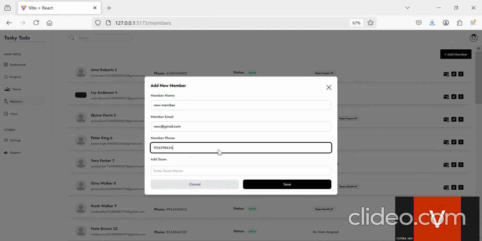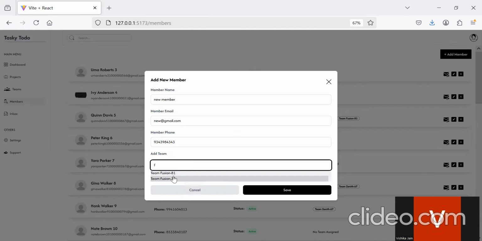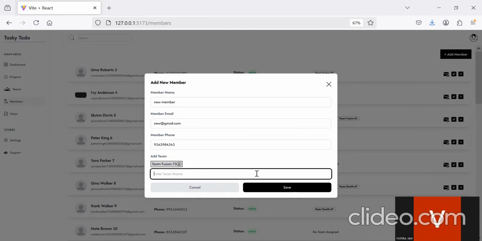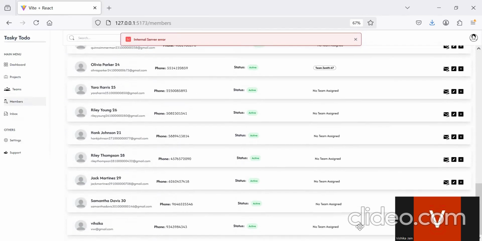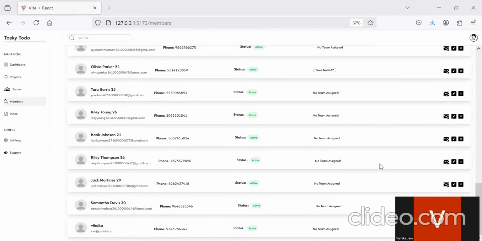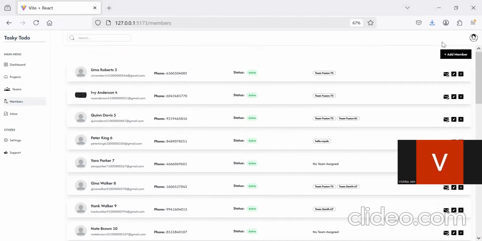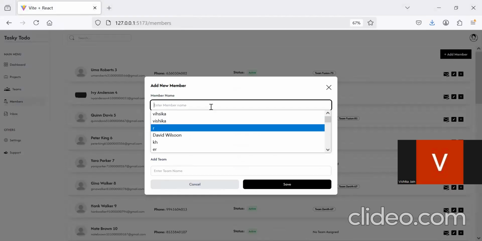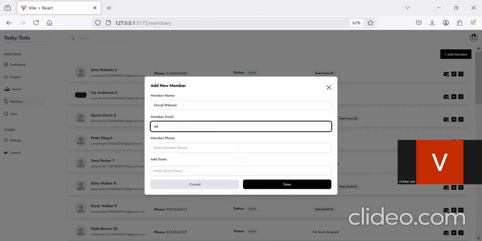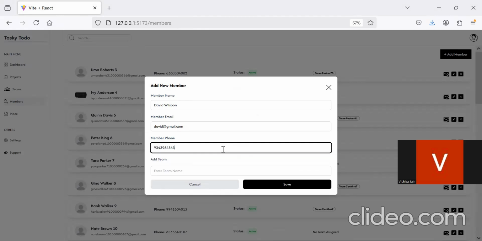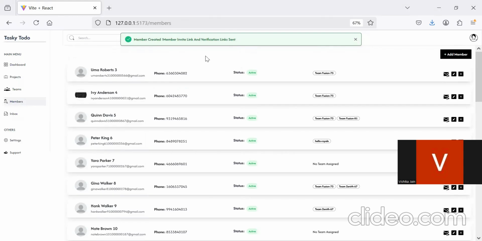We can give in any number and we can also assign the teams, right now let's assign only one team. And when we save it, oops, yeah, so let's add a new member, right? Let's give it a name, david@gmail.com. We can add in the name as well, right? So it's created, it's saying member created, invite link and the verification links have been sent to that member's email,